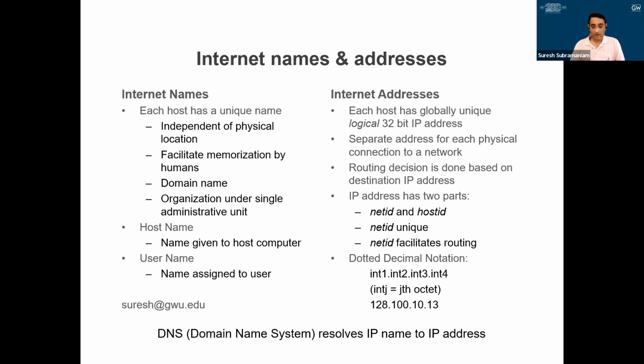Okay. But computers can move from one network to another network, right? So if I'm on a laptop or a smartphone, I'm connected to one network right now. But when I go to some other place, then I'm going to be connected to a different network. If I'm traveling and connected to the hotel network, then I'm connected to a different network, right? Now, if I carry the same physical address everywhere, then that makes locating my device hard, right? Because I lose all of this hierarchy, since my address is fixed,